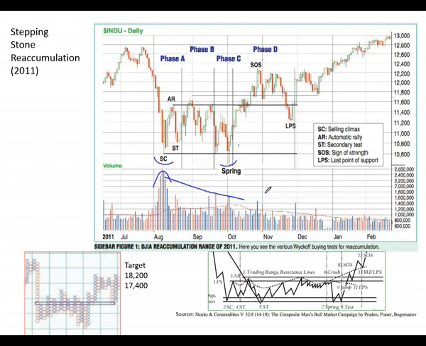That spring, I call springs the cathartic moment, where you just clean out everything. You just wash out the lows. Anybody who is trying to be long the market gets stopped out. It's a very difficult thing, but a spring is that moment where the whole character of the market